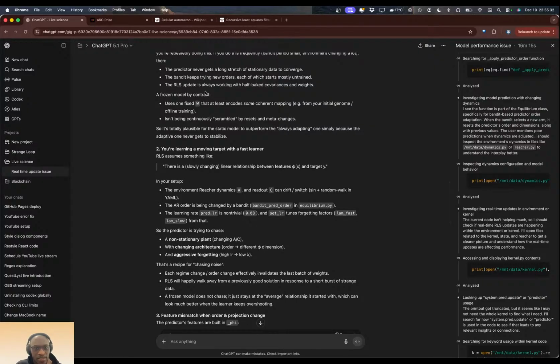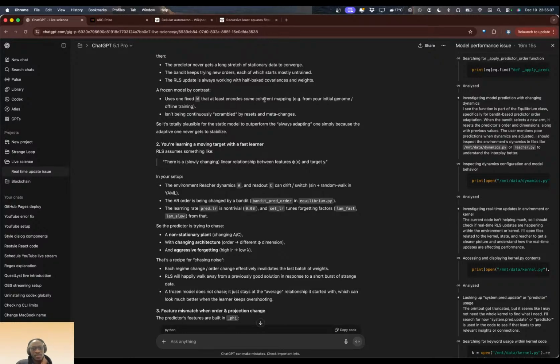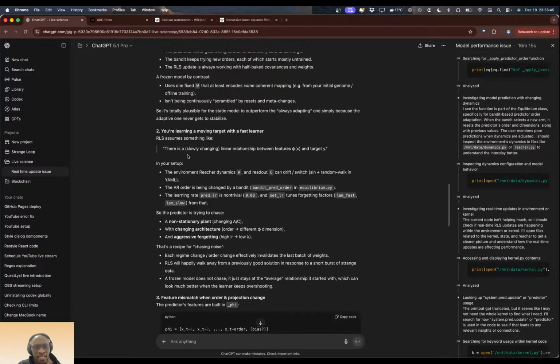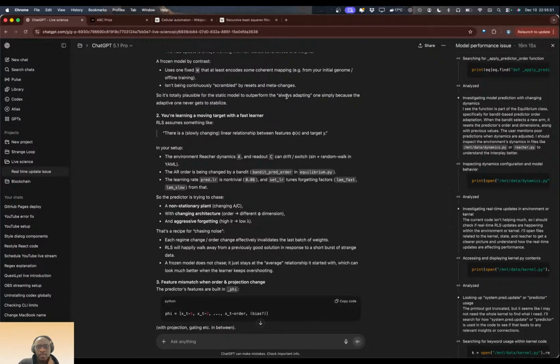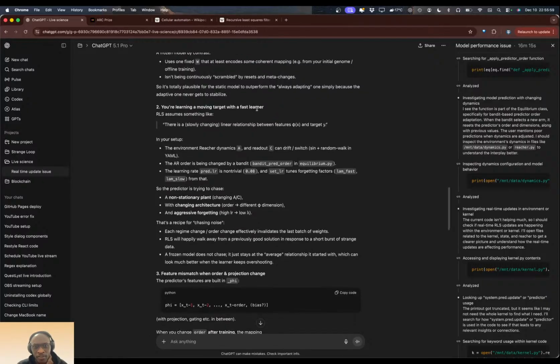A frozen model, by contrast, uses one fixed weight that at least encodes some coherence mapping memory, that is, e.g., from your initial genome. Offline training isn't being continuously scrambled by resets and meta changes. So it's totally plausible for the static model to outperform the always adapting one simply because the adaptive one never gets to stabilize. Oh, that's what we see